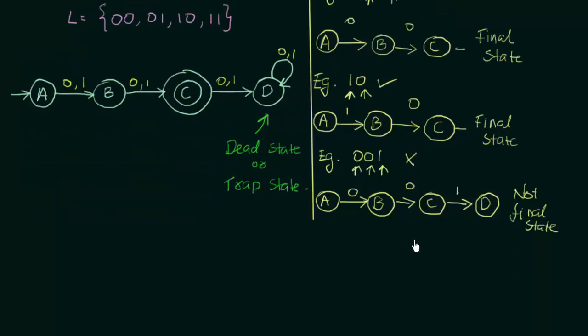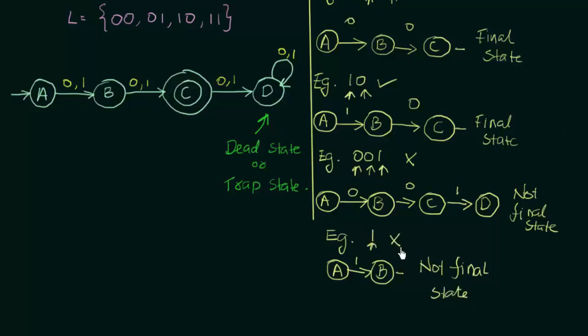Alright. Now let's take one more small example for the last. Let's check for just 1. Okay, my string is 1. I start from A, which is my initial state or starting state, and I get input 1. So when A gets input 1, it goes to state B, and that is the end of the string, and I am at state B at the end. And is B the final state? No, there is no double circle around B. So B is also not the final state. So 1 is also not accepted.